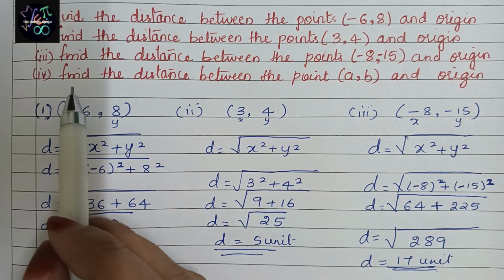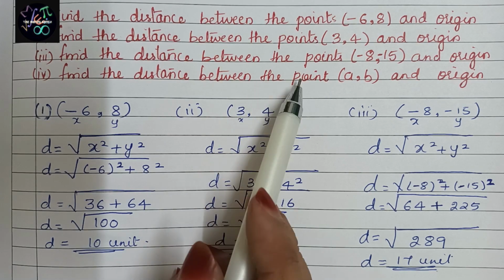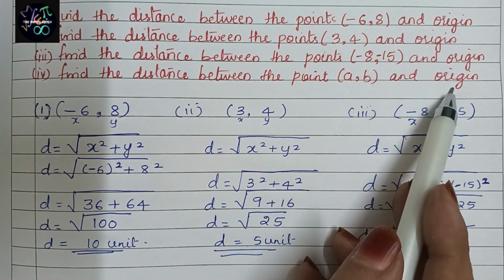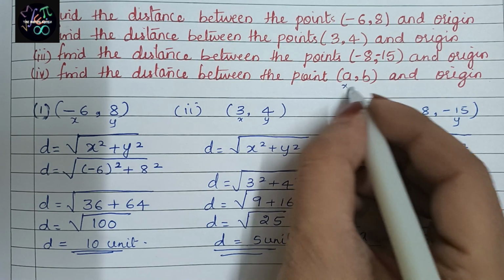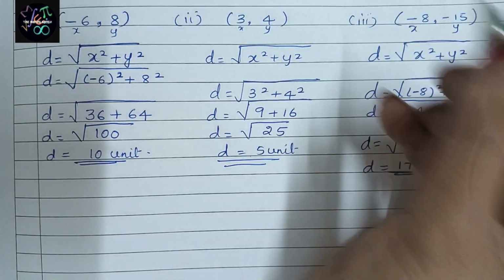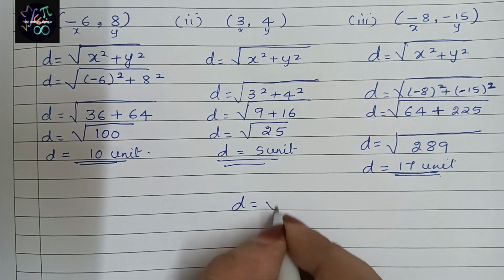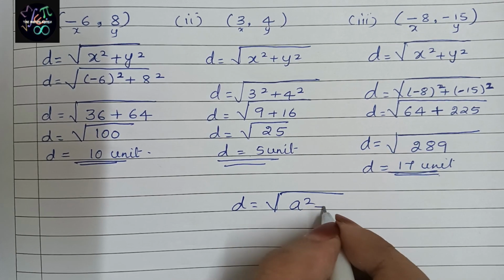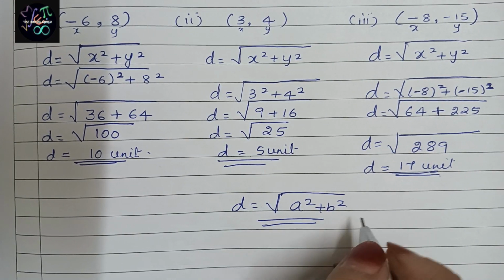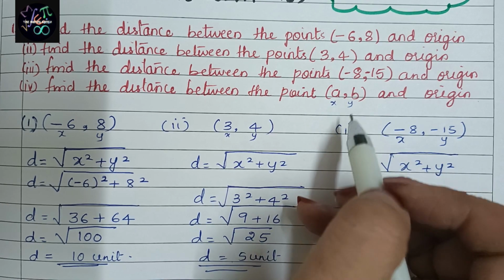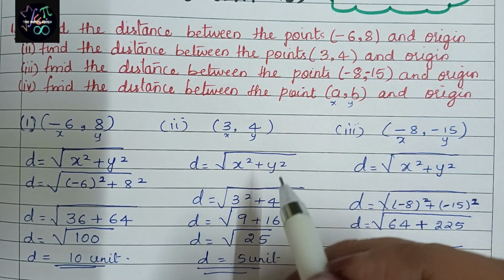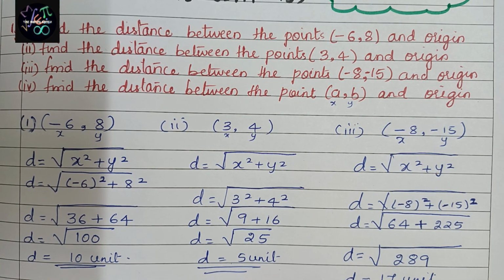And the last one here we can see, find the distance between the point a comma b and origin. So for a b, what we have to do, this is x, this is y. Same way, and the formula we directly have to write. D is equal to root of a square plus b square. Instead of a b they can give p q also. So the answer will be root of p square plus q square. So these are the very important questions for board examination.